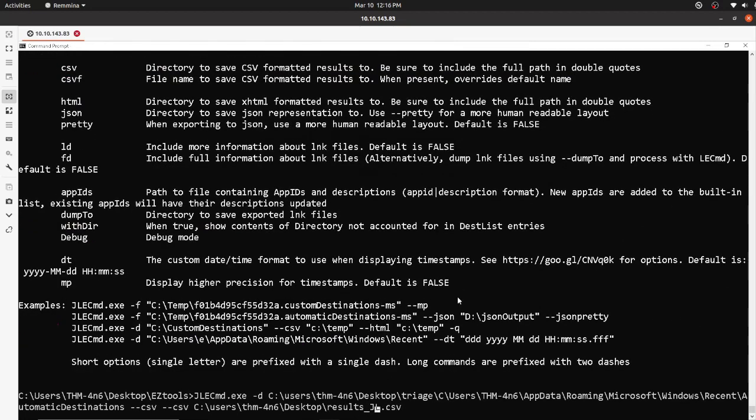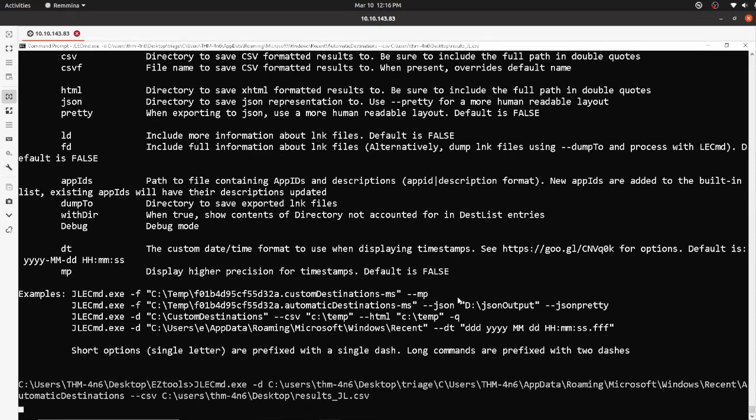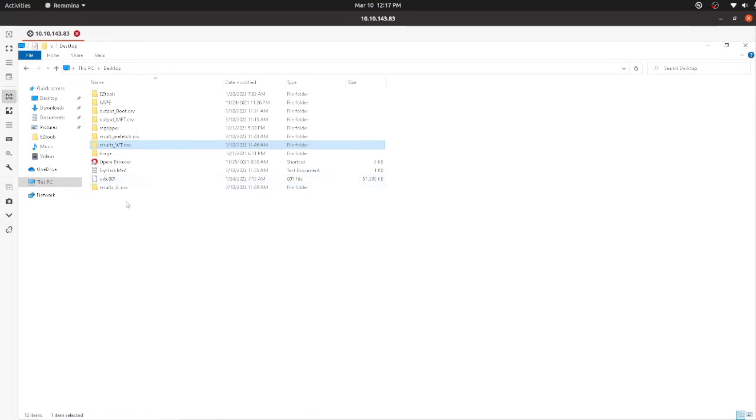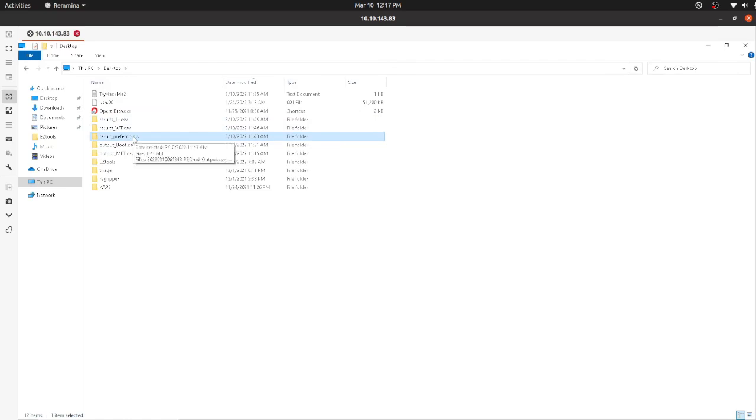I got an error. I should have mentioned the hyphen hyphen CSV only once. So here it is. All right, now it is done. And if you see the folder, we can understand by the date modified, we have the jump list, Windows timeline, and the prefetch result. By using these three results, we can try to answer the questions that we have.